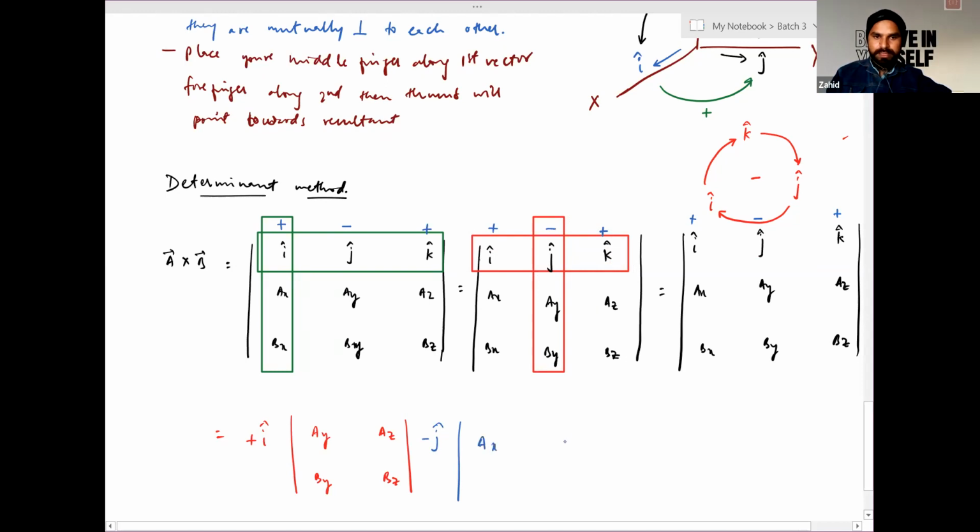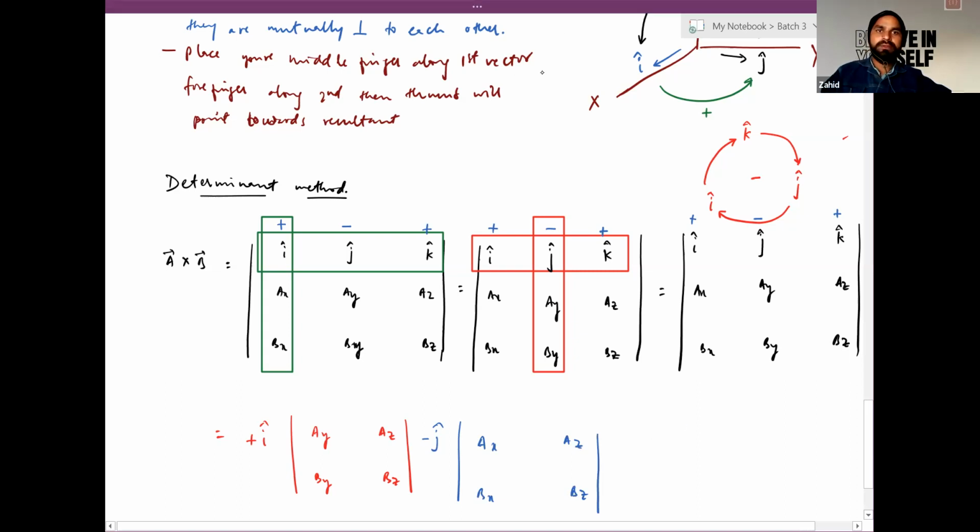So it will be AX, AZ, BX, BZ mod. And similarly, if you define the third part for K cap,